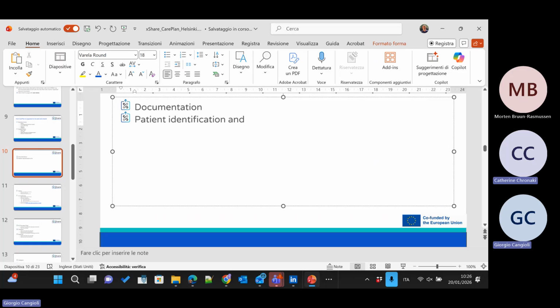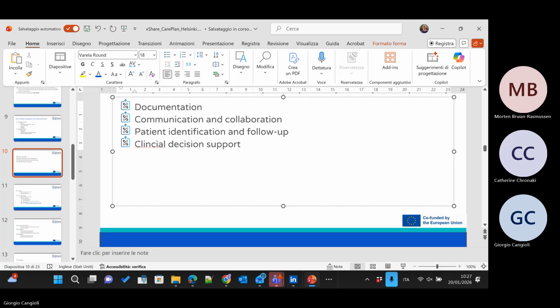Sorry, can you repeat: documentation, patient education and patient identification and follow-up. And the second one that I missed? Communication and collaboration. And the fourth one, the most important, is clinical decision support. And the first one was documentation in the EHR. Yes.